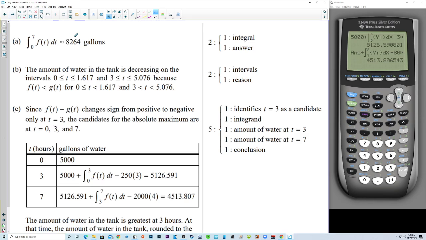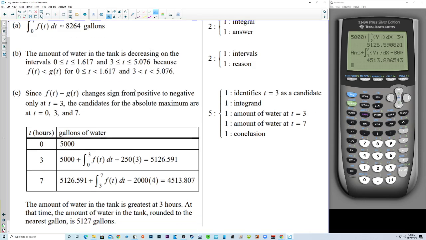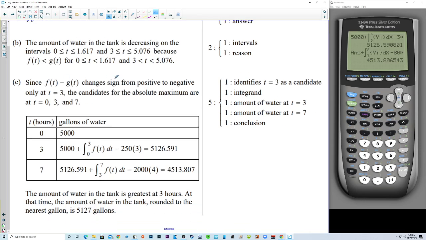Yeah, so the rubric says 8,264 gallons, one from the integral, one from the answer. The amount of water in the tank is decreasing on intervals 0 to 1.6 and then 3 to 5.076 because f of t is less than g of t. I made the exact same argument. Since f of t minus g of t changes signs from positive to negative only at t equals 3,